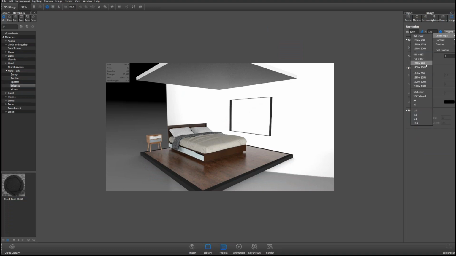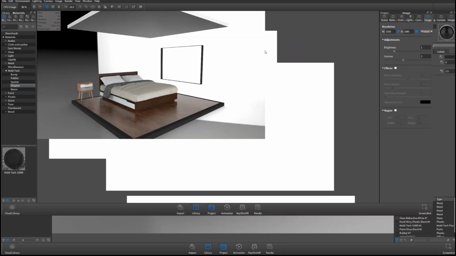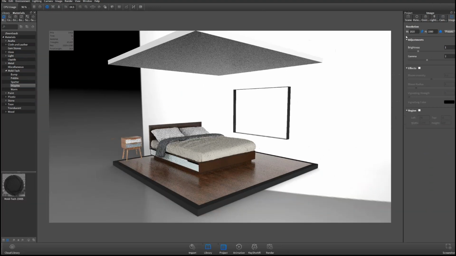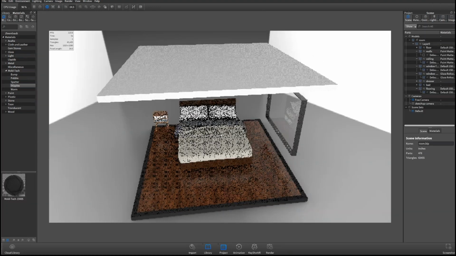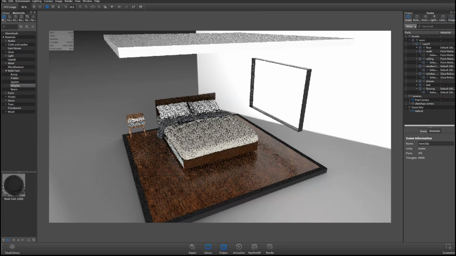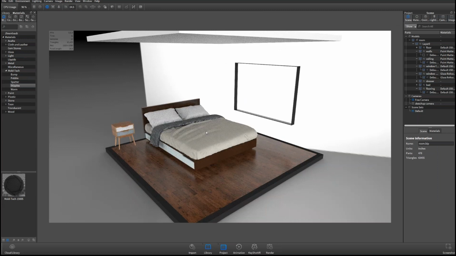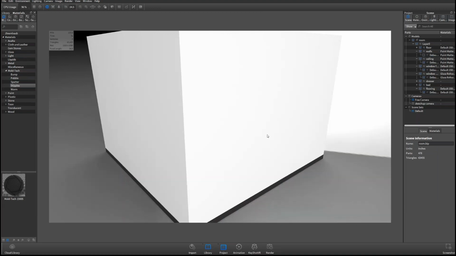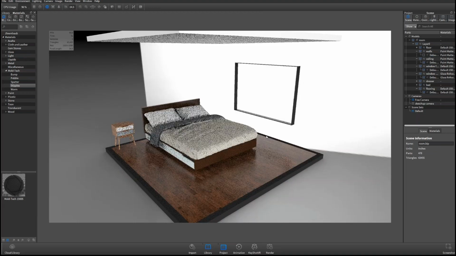All right. So let's make our real-time view a little bit bigger and let's take a look at what's going on in this scene. This is a pretty simple model right here, just a couple of pieces of furniture in this room with invisible walls. I just turned the walls off. The models are courtesy of Google Warehouse.